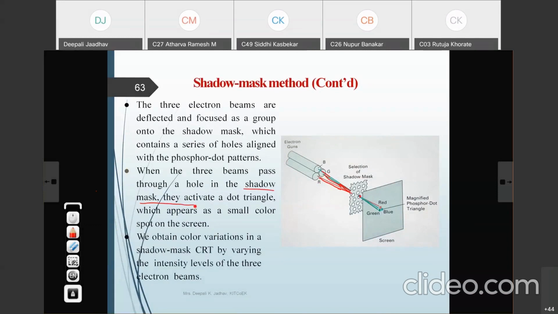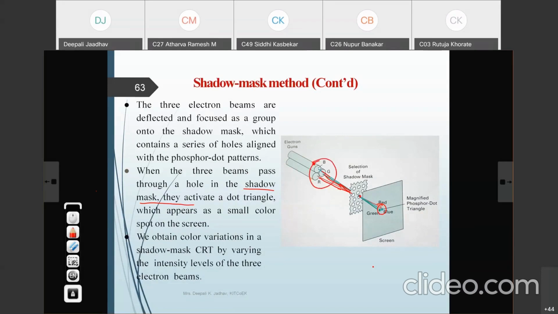Once the beams pass through a particular hole, they activate a dot triangle, which appears as a small color spot on the screen. What is this color? It is the combination of these 3.